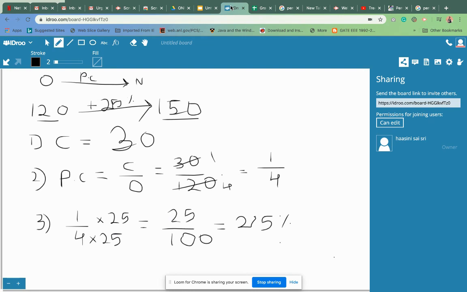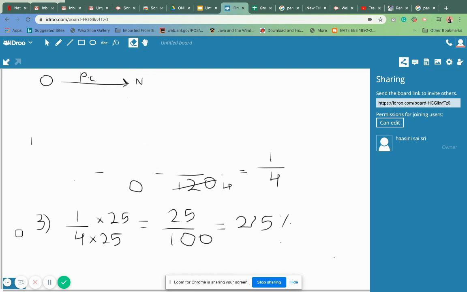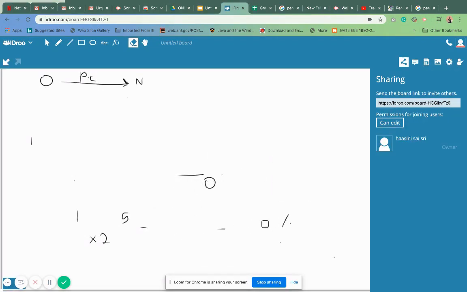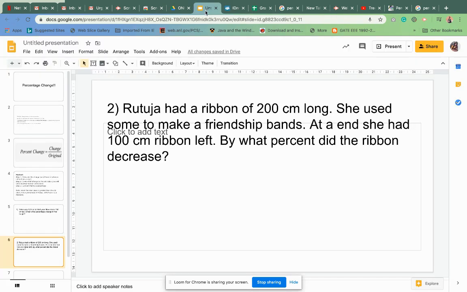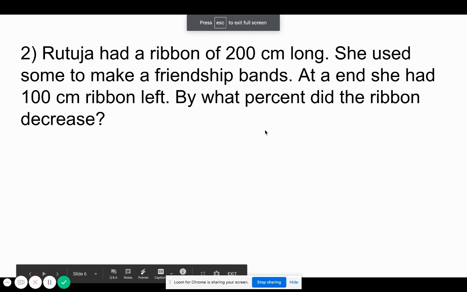So we are again going to solve the question. So this time I would want you to draw this particular flow chart. Why don't you draw the flow chart? I'm giving you 30 seconds. Try to draw a flow chart for that particular question, and then we can actually go ahead. In case you want to see the question again, I'm going to show to you. This is the question.